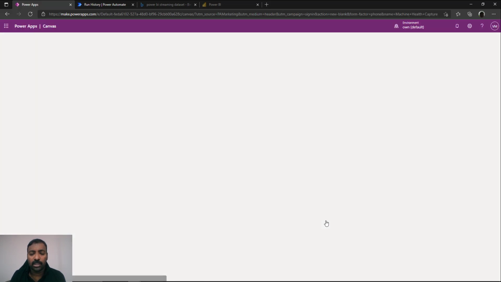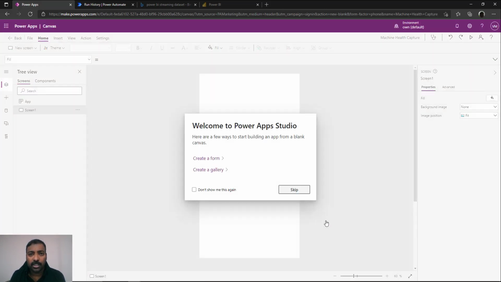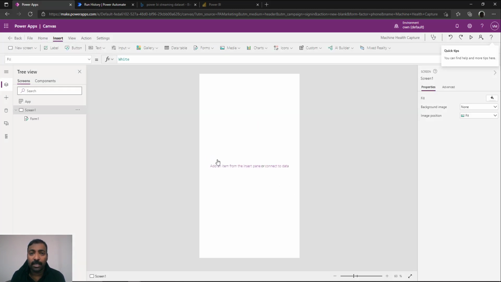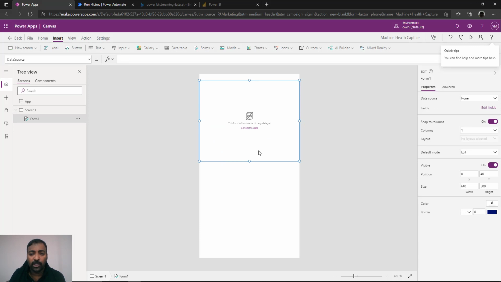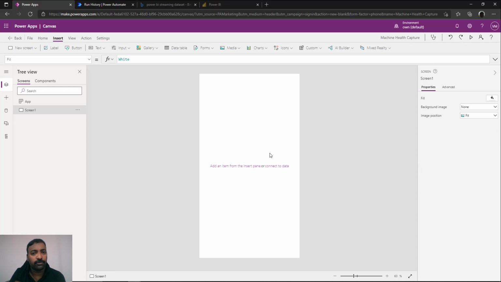form, so that the inspectors who are on the site can use it inside their smartphones. And we are going to create a form inside that, because we are going to basically submit some values. And we don't require any kind of data connections here, so you can delete the data connection that it creates by default. We are going to just add some input boxes here.